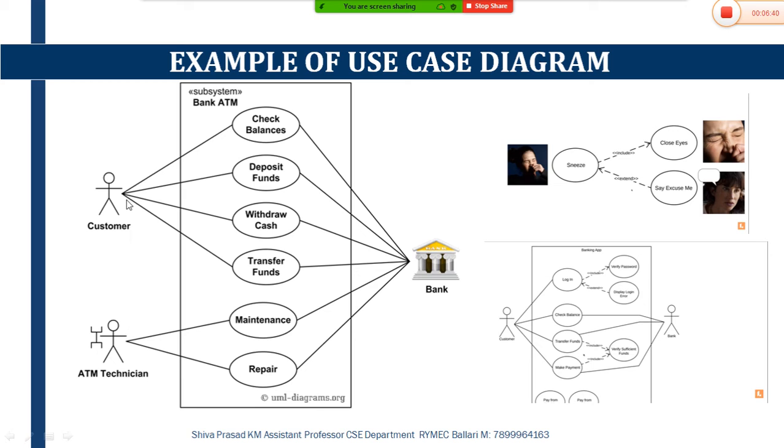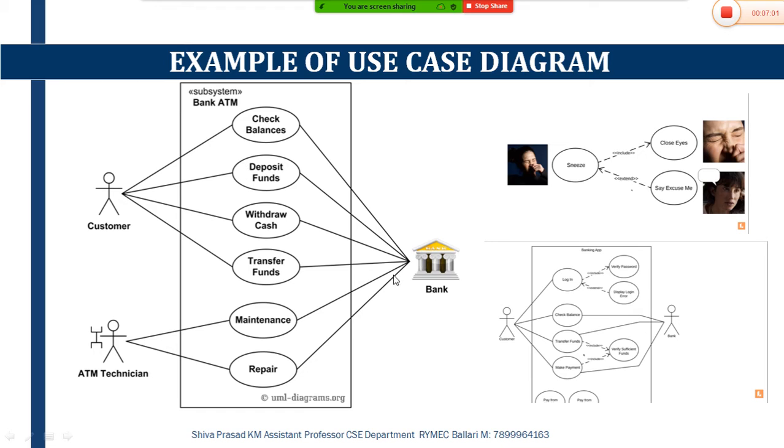Why? Because there is no input from the customer. If there are no inputs from the customer, then the bank ATM management system will remain idle. Why? Because there is no proper input. So primary actors are those who are going to perform the operation, whereas secondary actors are those who are going